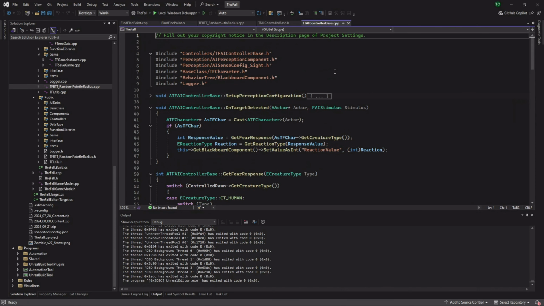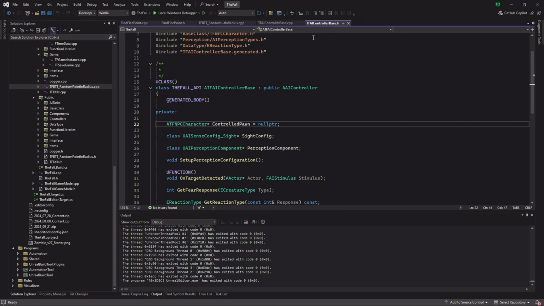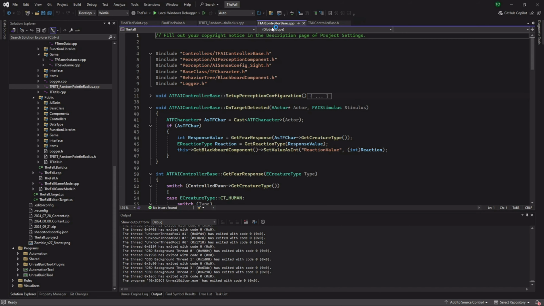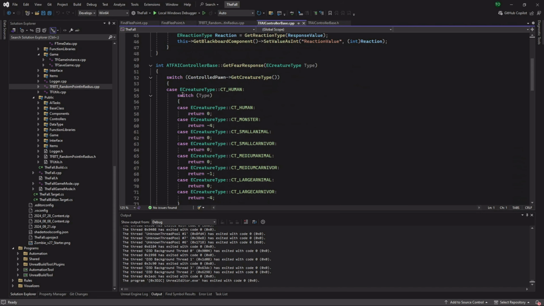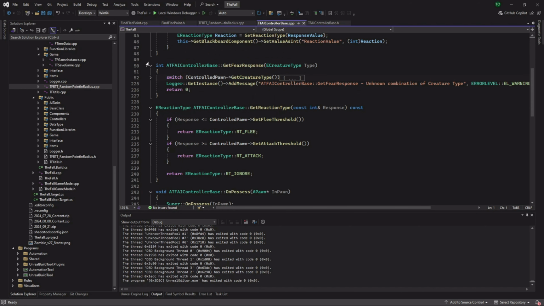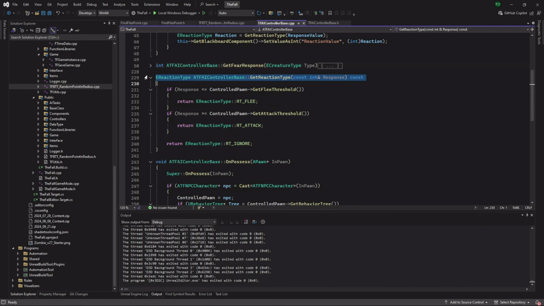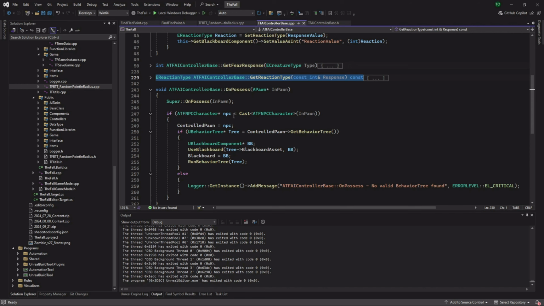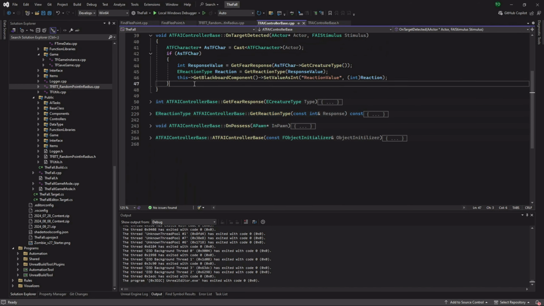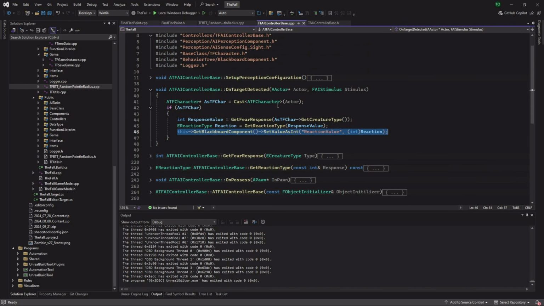Move you over. Try and organize these so they're in a better. Yeah. So in our controller base, we have right here, not on possess, sorry, on target detected. So what we're going to want to do is also set a